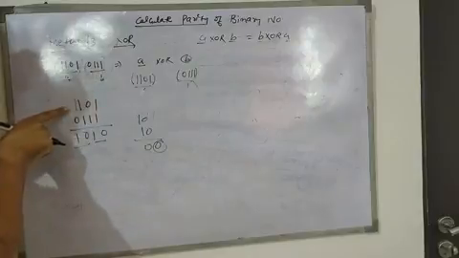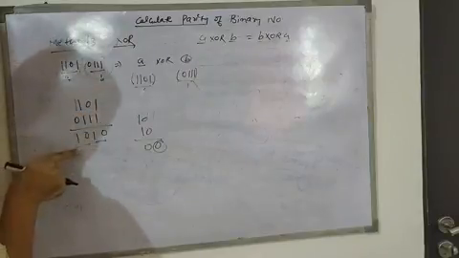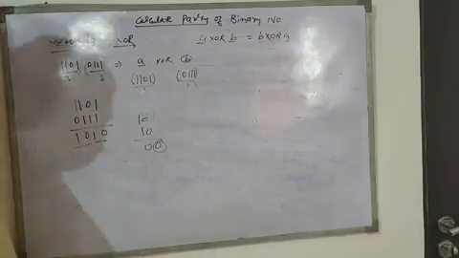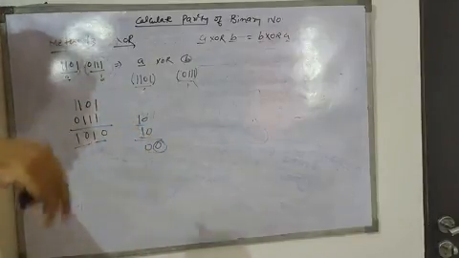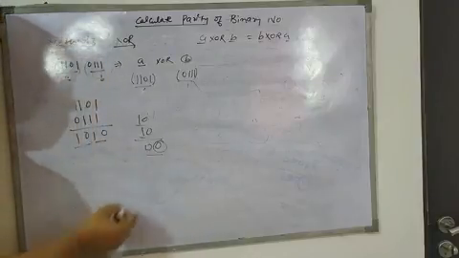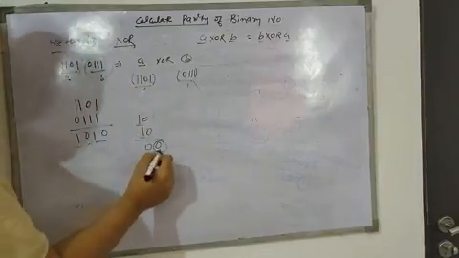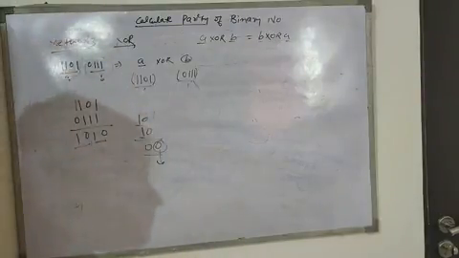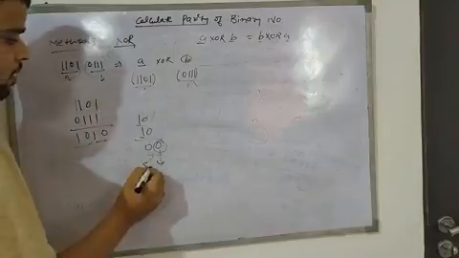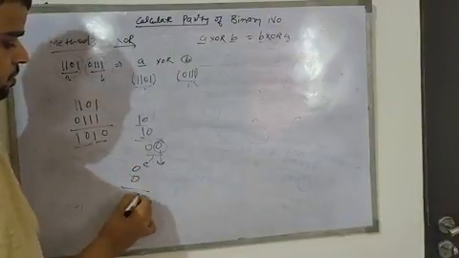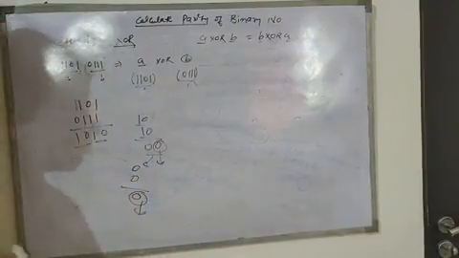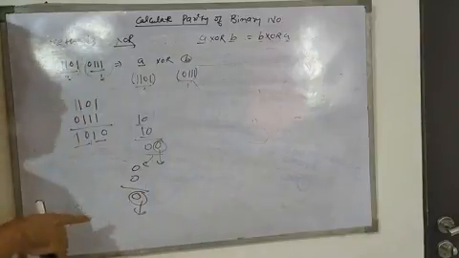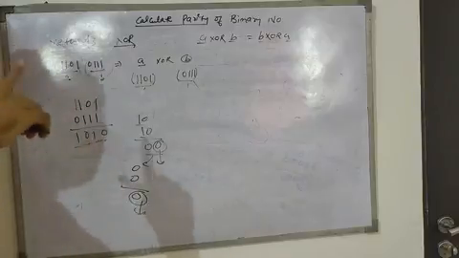If I take the XOR between 1 1 0 1 and 0 1 1, it will be 1 0 1 0. Again divide this number into 2. So this will be 1 0 and 1 0, and take the XOR. So result is 0. Then your LSB will be your parity. So LSB is 0, it means your parity is 0. We do the XOR of 0 and 0, which will be 0. So whichever is remaining last is called the parity. So its parity is 0. It means the number of ones in your number is odd.